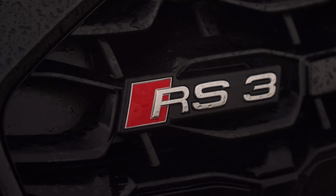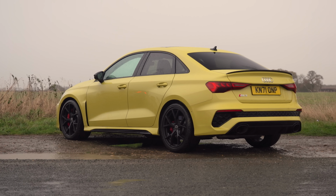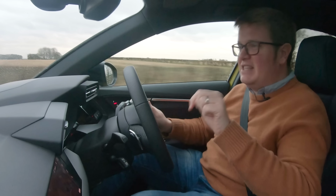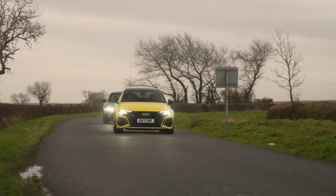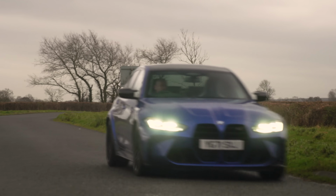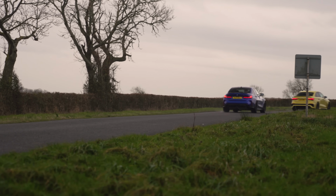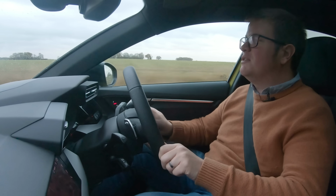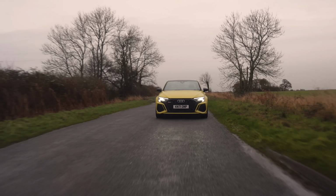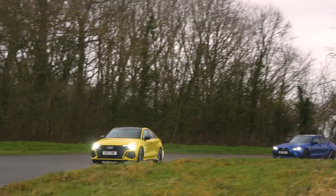this car. There's been a commensurate jump in the price of this car though to match all that, so this one is £60,000. You can spend more than that, probably up to the thick end of 70, if you want an RS3 Vorsprung with absolutely everything on it. 70 grand. Now, that BMW is only 78, probably mid-80s with every option that you'd want. So this car really has to cut it. It really has to be a credible super saloon and deliver driver appeal at that level to justify that high